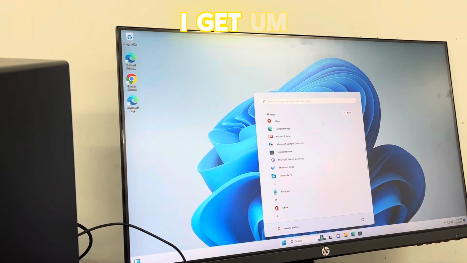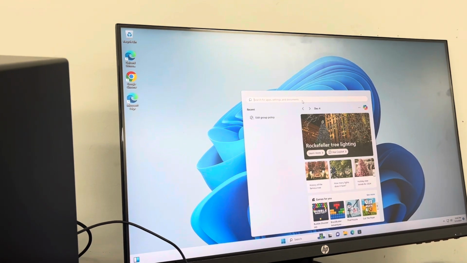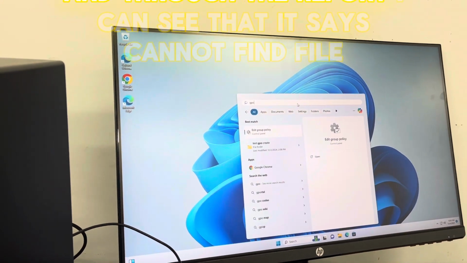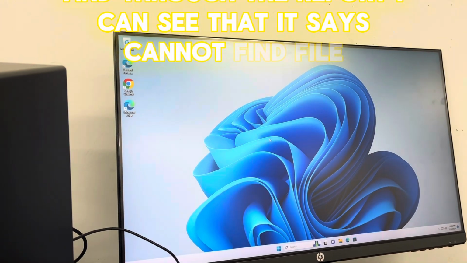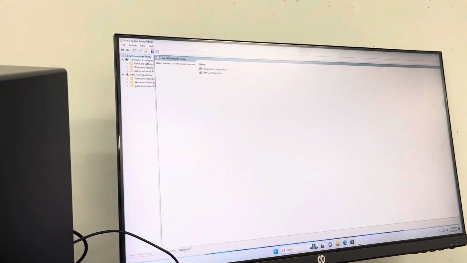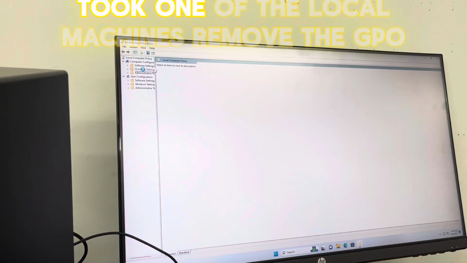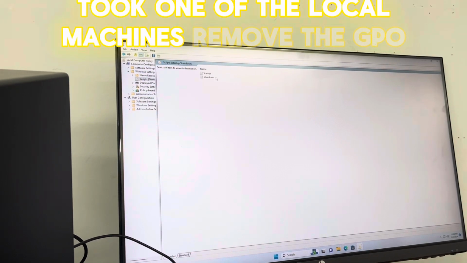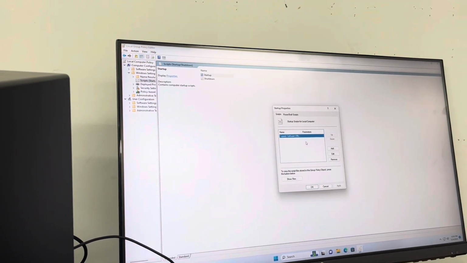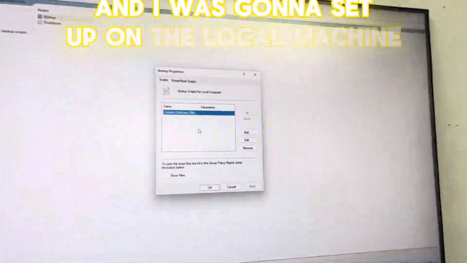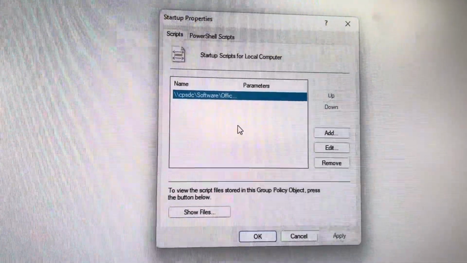I get a failure, and through the report I can see that it says cannot find file. So for testing, I took one of the local machines, removed the GPO,